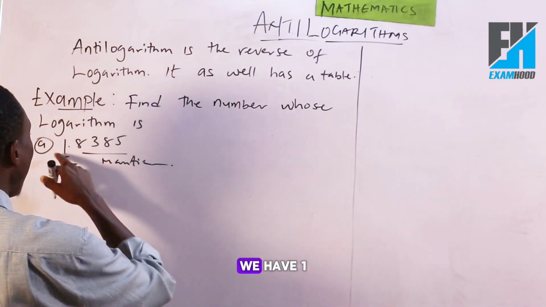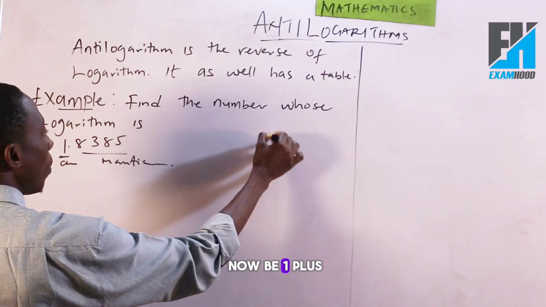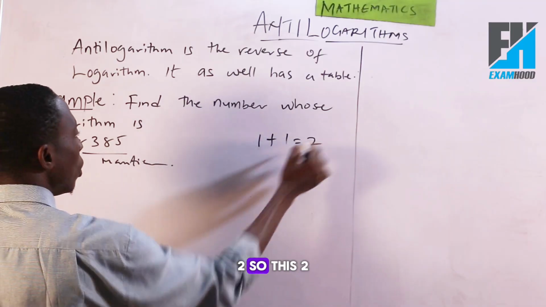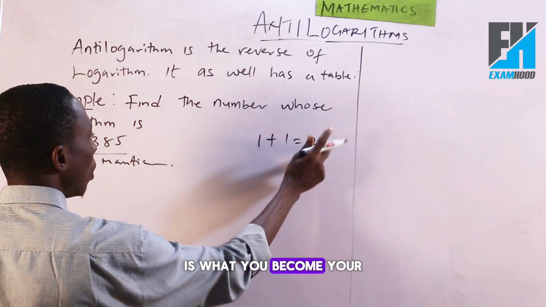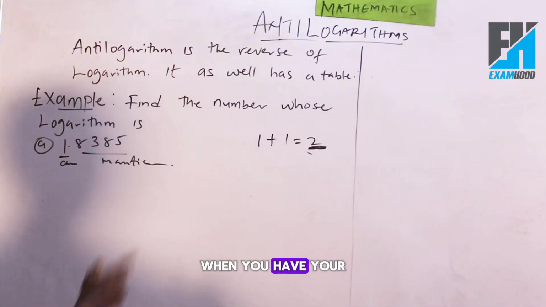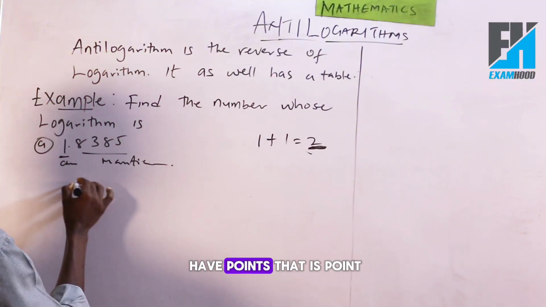So how many digits do we have here? We have 1. So it will now be 1 plus 1, making it 2. So this 2 is what will become your number of decimal places that you'll be counting when you have your answer. For this one, we have point,